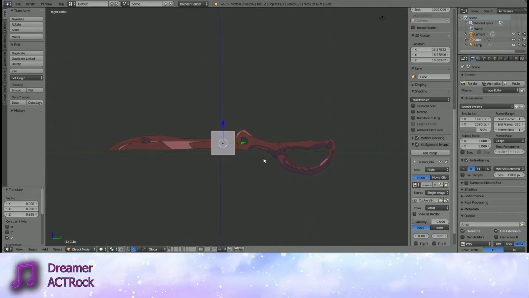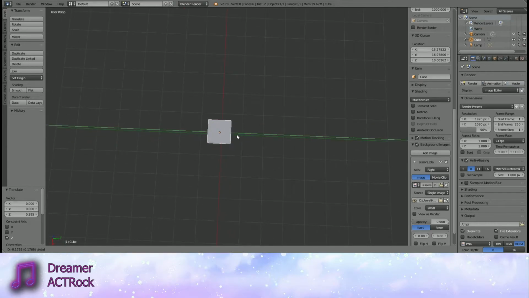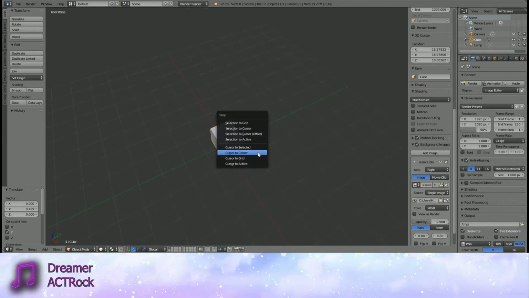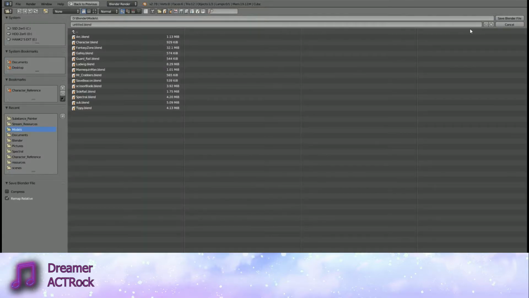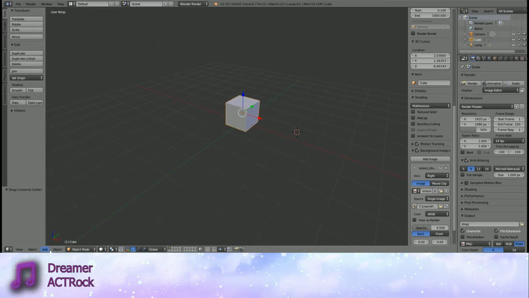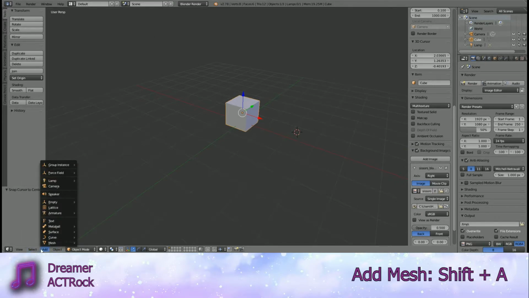Alright, so with that out of the way, let's go ahead and get to the next stages that I wanted to mention real quickly. As you start to mess around with this cube or whatever other primitive shape you wish to use, if you did want to add one, I'll take care of that quickly. You'd press add down here, or I believe Control A works as well. Nope, that's not Control A. I forget which key it is. I will get back to you guys on that later. So you go down here, click on the add thing, go to mesh,